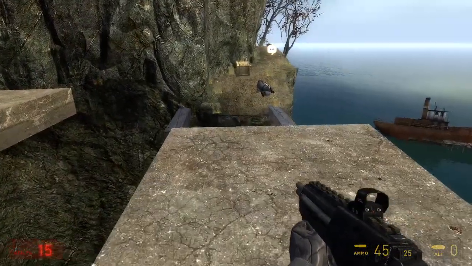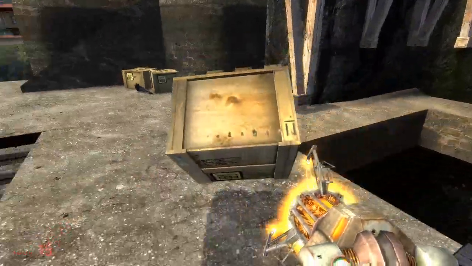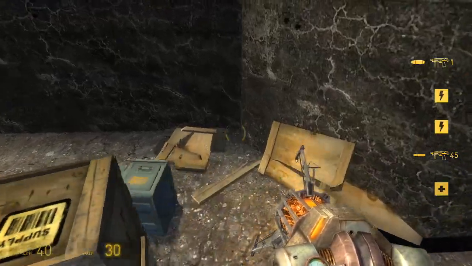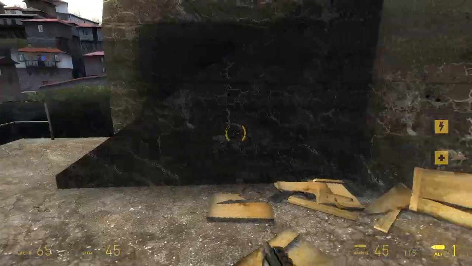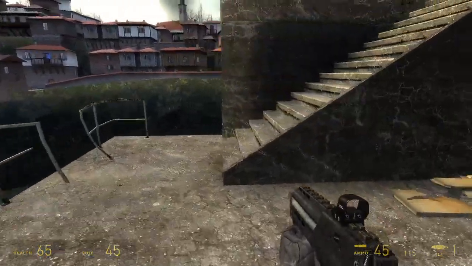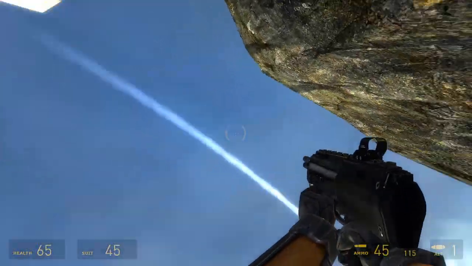I get the feeling we might want to grab... Well... Oh! There's supply crates behind me. I thought there was a pulse rifle there. Did I just blow it to Kingdom Come? Uh-oh. I've already found a way... Yes, so there was a...